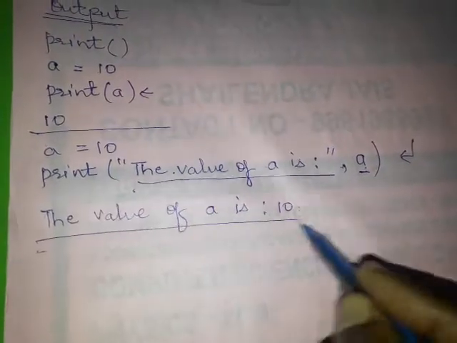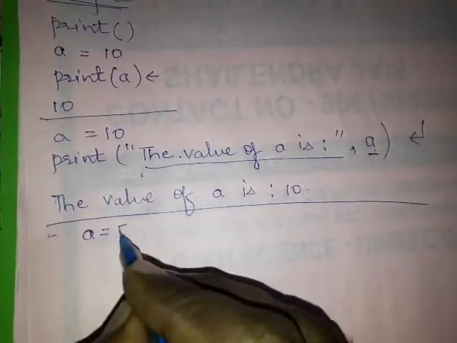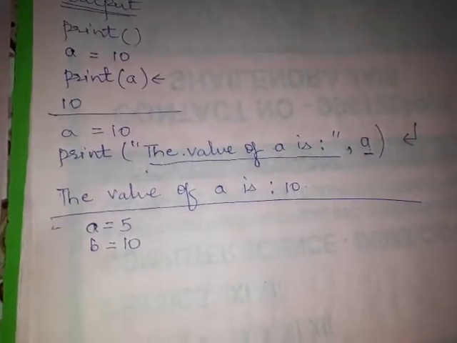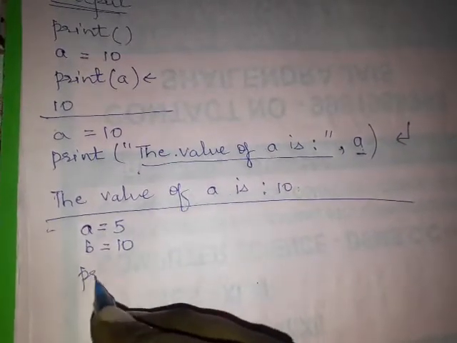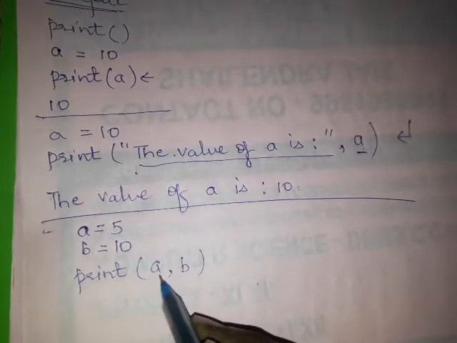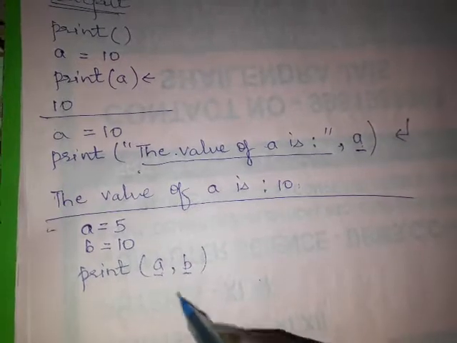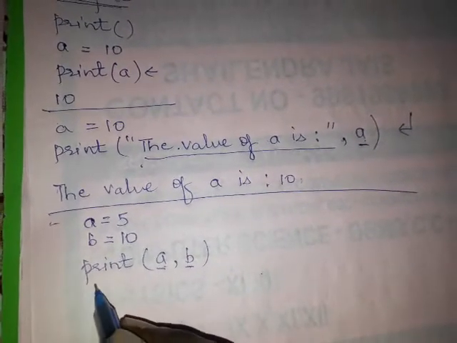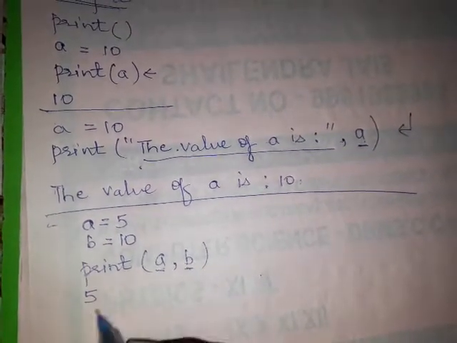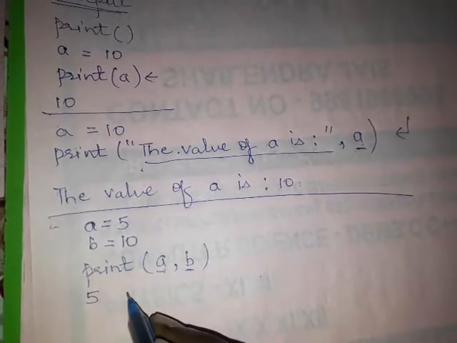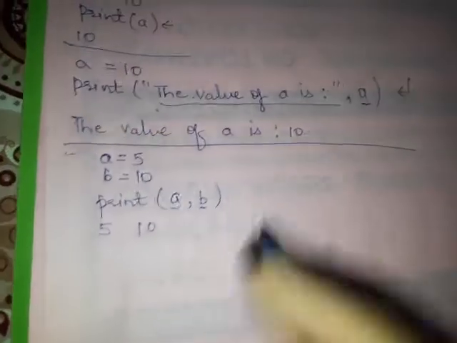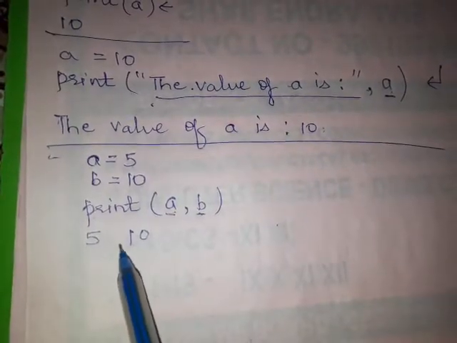Again, suppose a equals 5 and b equals 10. If you want to print both these values with the help of the print statement, how can you print? You simply write print a comma b. These are the two parts of the print statement which will give the result. When you run this, it will give 5, and the value of b is not displayed on a new line. After giving some space, it will be displayed like this: 10. So if there are different objects, print by default prints them separated by a space.